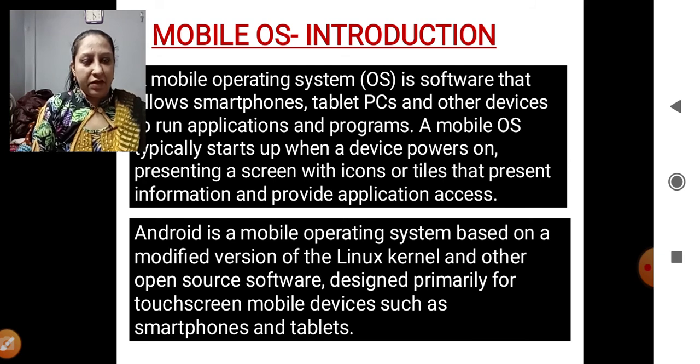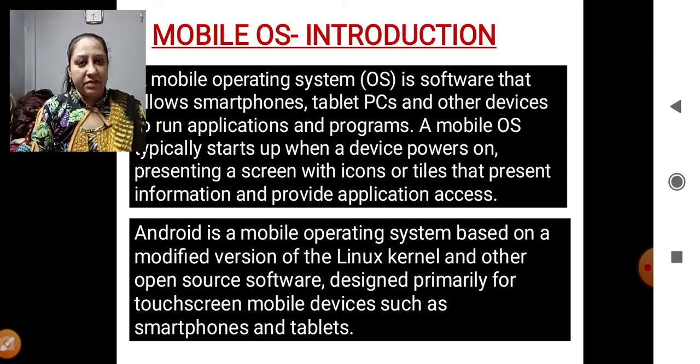And once you start the mobile, what do you find? You find a screen presenting small icons or titles which give you quick access to all the items. Today's mobile operating systems are mainly based on the Android operating system, and Android is built on Unix or Linux, which are free operating systems.